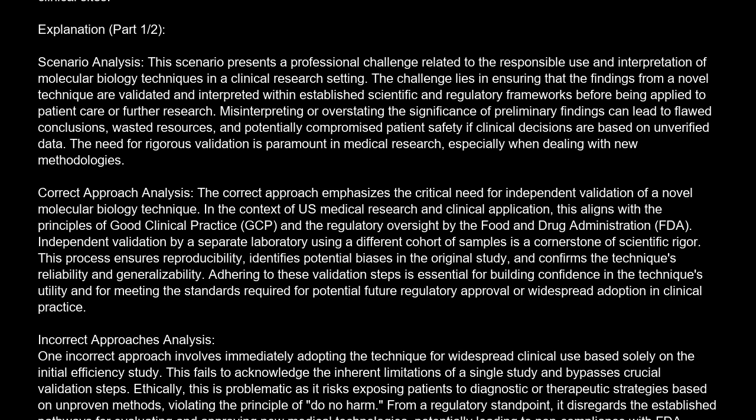efficiency study. This fails to acknowledge the inherent limitations of a single study and bypasses crucial validation steps. Ethically, this is problematic as it risks exposing patients to diagnostic or therapeutic strategies based on unproven methods, violating the principle of do no harm. From a regulatory standpoint, it disregards the established pathways for evaluating and approving new medical technologies, potentially leading to non-compliance